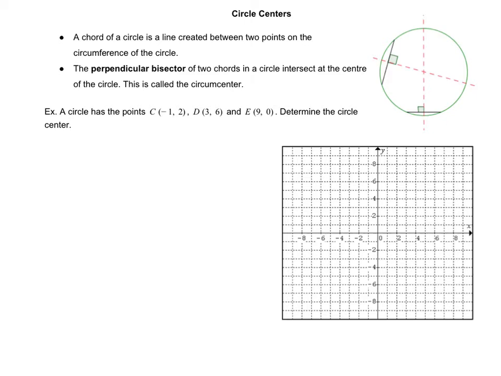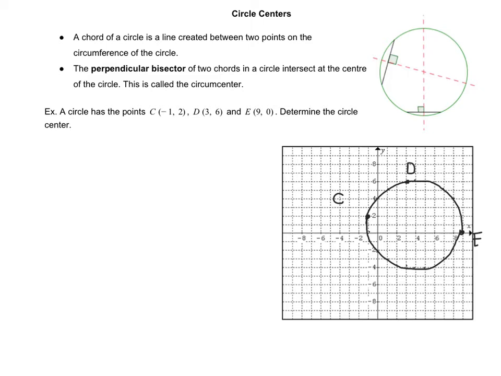So a circle has the points negative 1, 2, 3, 6, 9, 0. Determine the circle center. So let's go ahead and plot these points. Here is C. D is at 3, 6. And 9, 0 for E. Now if you connect your dots to create a circle, here is our circle and we are trying to find